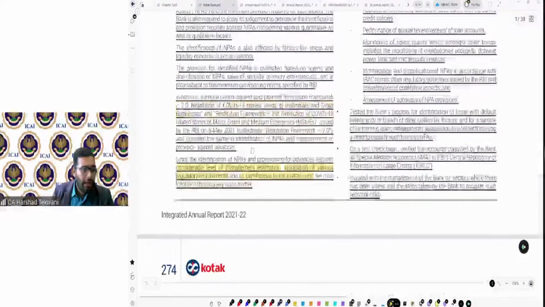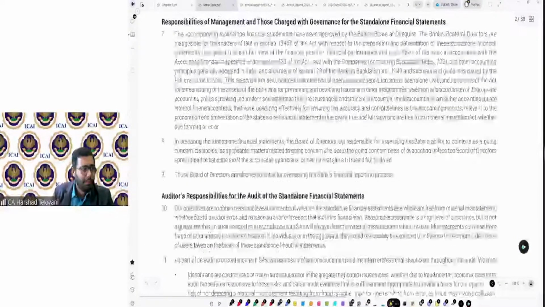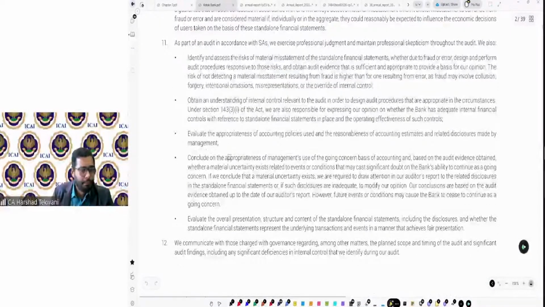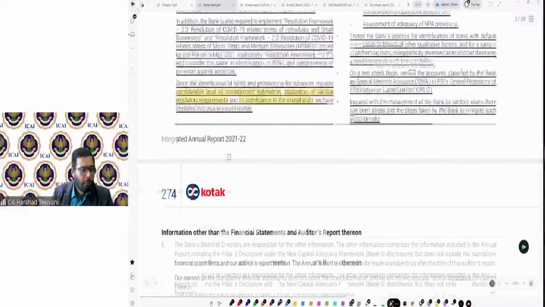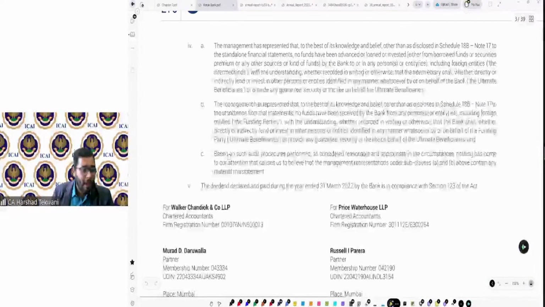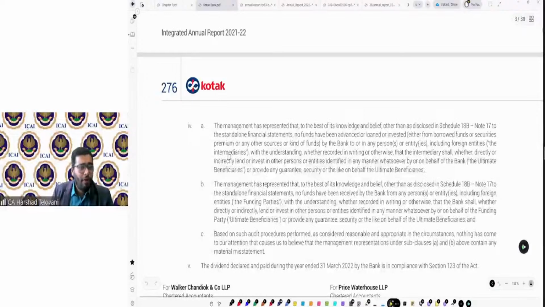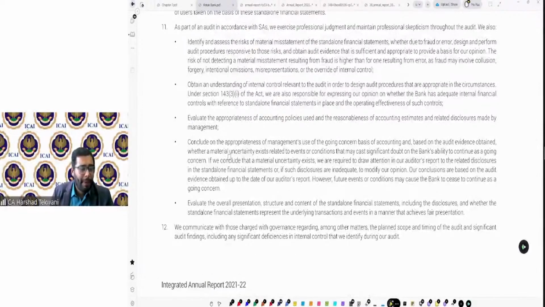So again, this is a bank, so you have a different legal and reporting paragraph, because it's in a different form. But if I show you some other audit report,